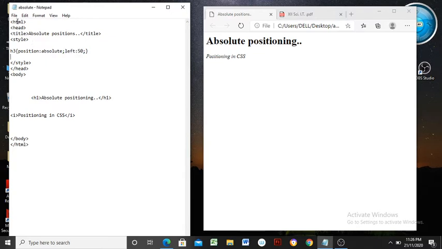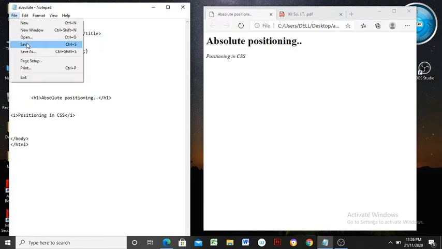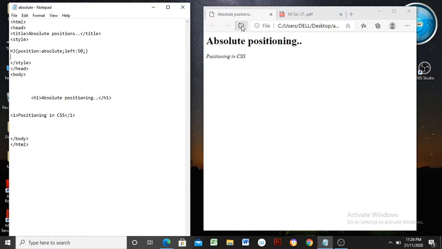Save this, then check it in the browser's window to see whether the effect is applicable or not. We are not getting such output. Why is it? Because we haven't used the H3 tag selector anywhere in the document.